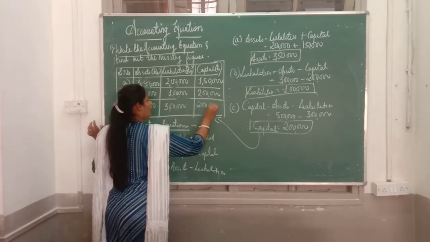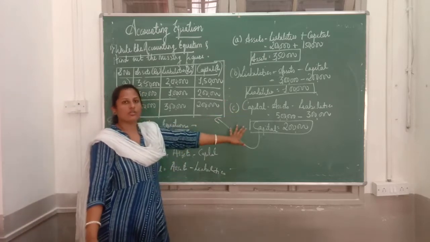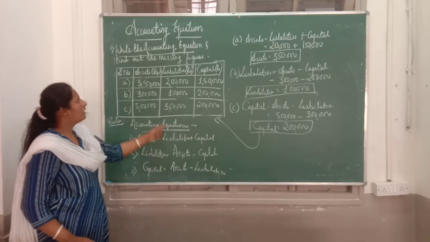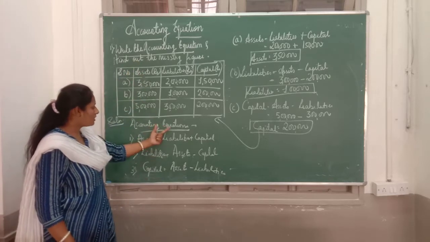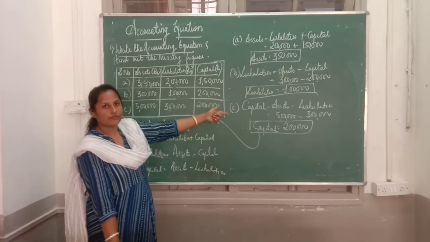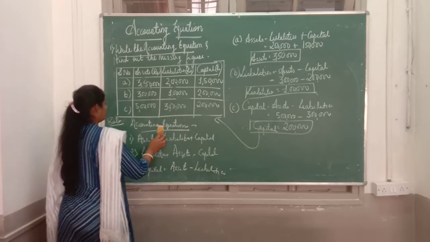In exam, you should not solve directly in these boxes. You have to use a formula, then only you have to show how it has come. Okay. Hope you understood this. Write down the accounting equation means you have to first write down. If not given, you can solve directly. Okay. So 5 marks problem it is. Okay. One more problem I'll take.